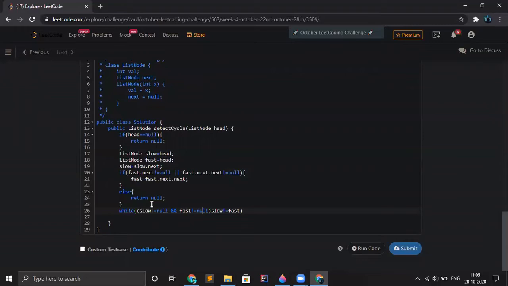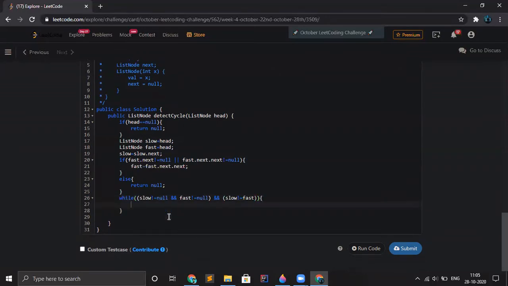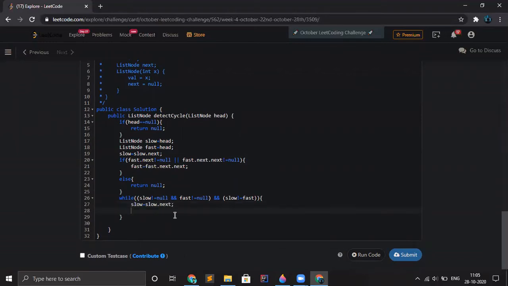While this is true and slow is not equal to fast, we move slow one pointer ahead and fast two pointers ahead.